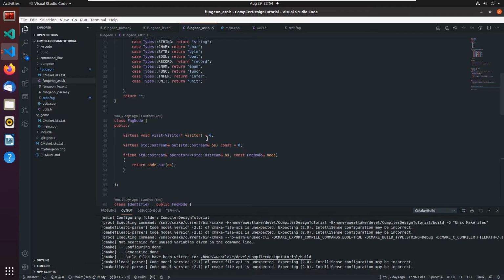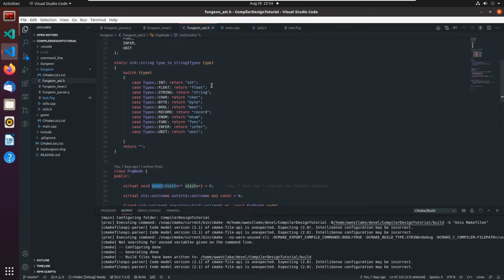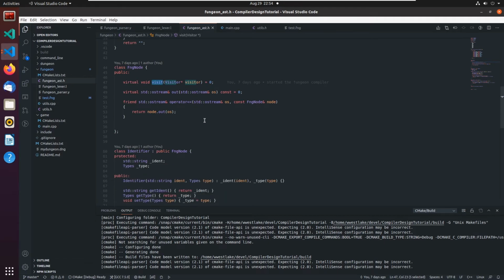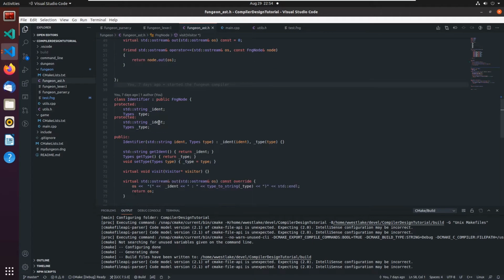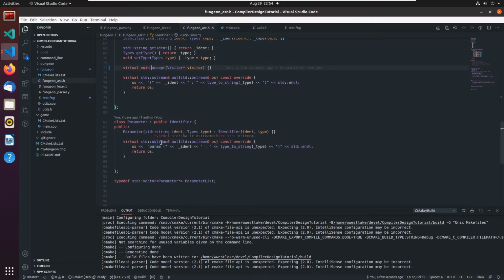And there's also, at some point, some refactoring I'm going to want to do here of our base node. There's some additional stuff. And while we're at it, I'm going to change this from visit to accept. And change that in all of these before we get too far along,